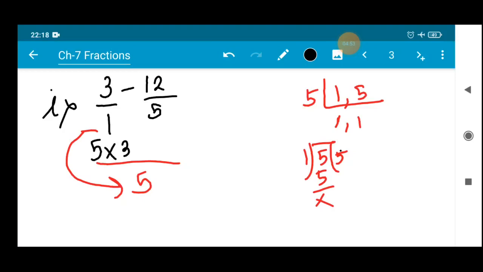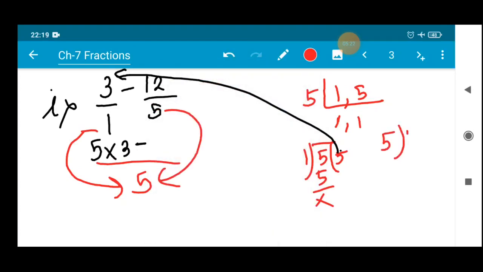Once again I am repeating. First of all, the LCM should be taken of the different denominators given. After that, the LCM 5 should be divided by 1, and 5 will be the answer. This 5 will be multiplied with this 3. Next, whatever the sign is there, the minus sign, let us put the minus sign. Then this 5 should be divided by this 5. It is a step by step process. At first, in the first few sums you may have a problem, but don't worry, when you become familiar, you will get the answer directly, without dividing and multiplying.